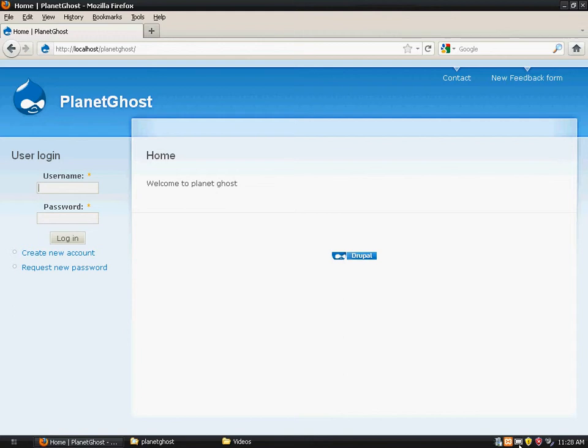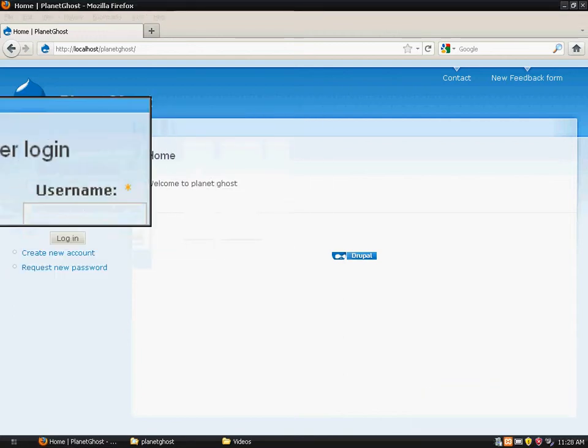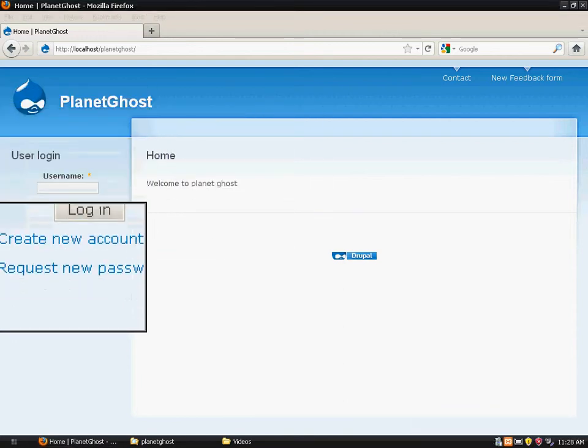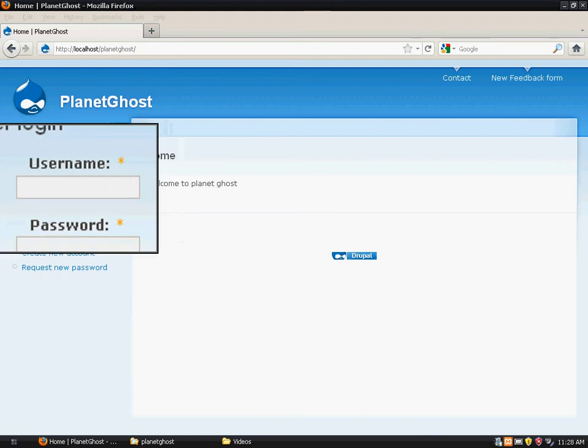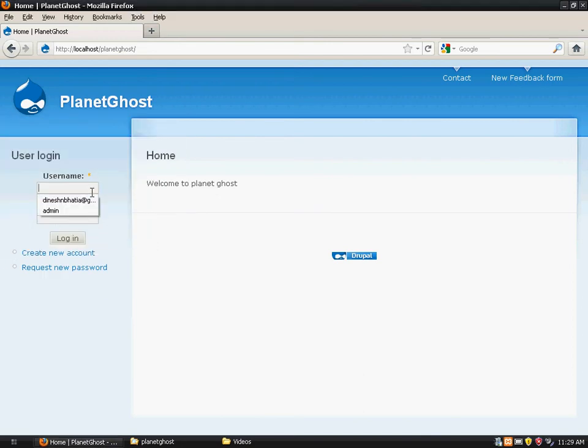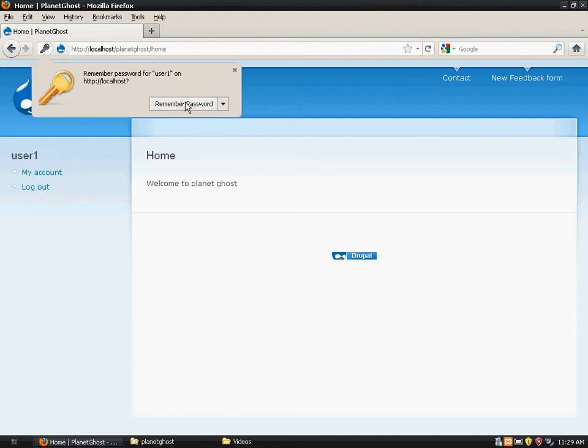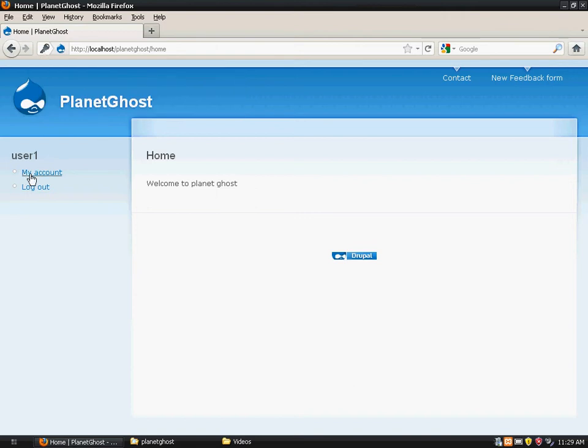Now let me repeat this. We have the same login area for the administrator and the user using the site, but the rights for the administrator and this particular member are obviously different. The user won't get access to that administer link and create content link.